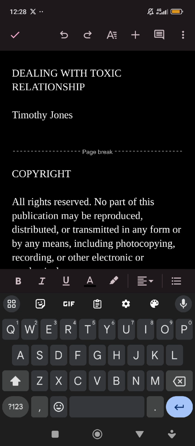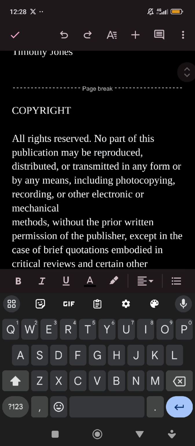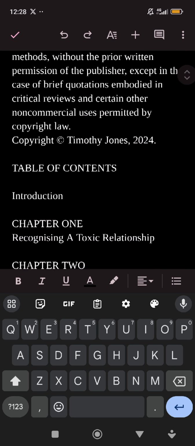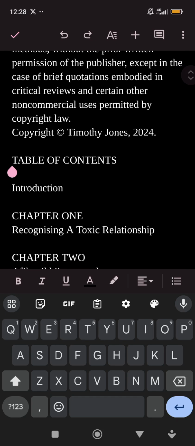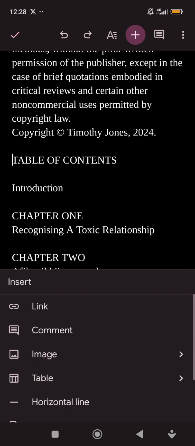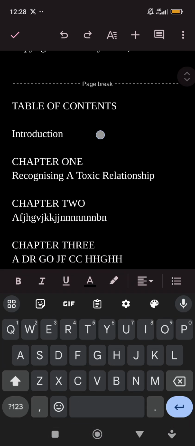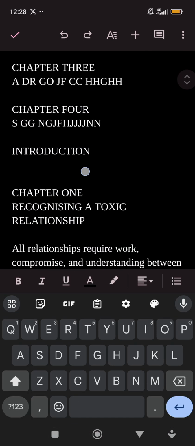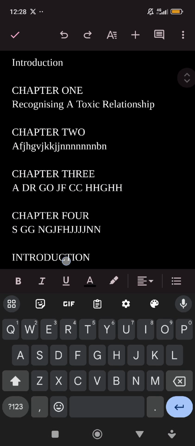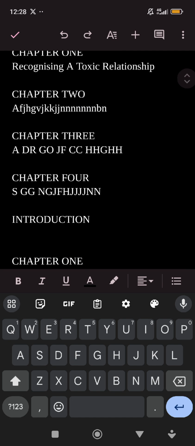So that the title, the subtitle if you have any, and the author name will be separate. Then this is copyright. Then I will place my cursor here again, click on the plus button. What next? Another page break. Table of contents will be on its own. Okay. Then I'll place my cursor here in front of introduction. Click here.